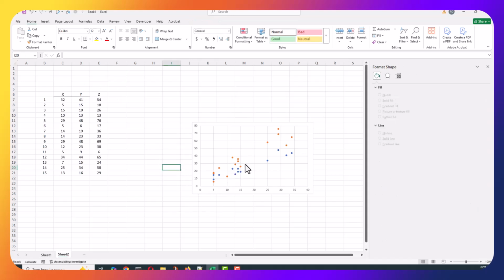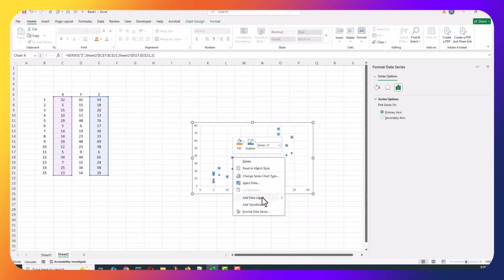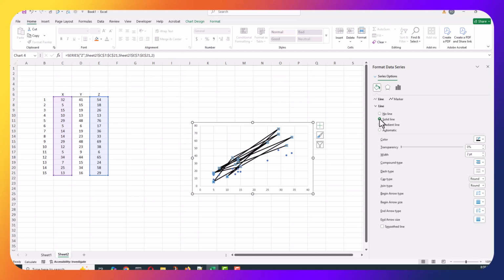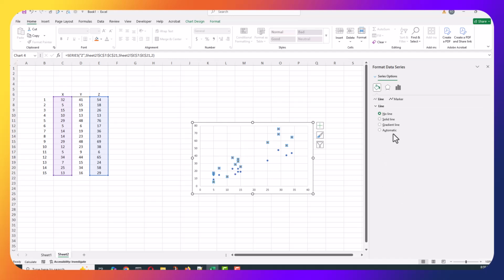In this one, I have X, Y, and Z. If I right-click on one of the points, I have Add Data Labels and Format Data Series as before. If I format the data series, I can change the line, which is the line on the graph, and this has no lines. It doesn't need lines. If I put in lines, it connects all of the dots in order. I remove the line,